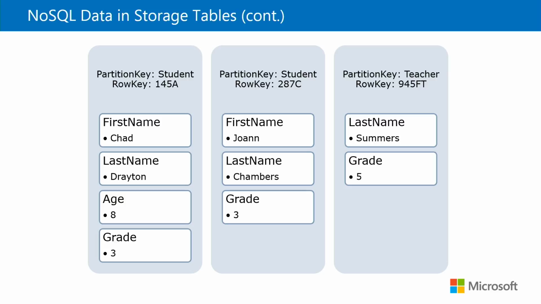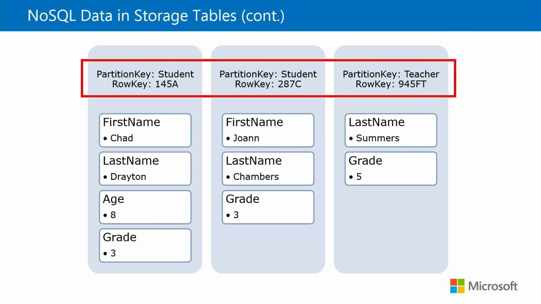We've got students and we've got teachers, and they're stored in a table. We keep one table for all of this data. Now, the one thing that you will notice that's common across all of these is that they have a partition key and a row key. That's going to be minimal, and that is the fixed schema that every entity that's stored in table storage